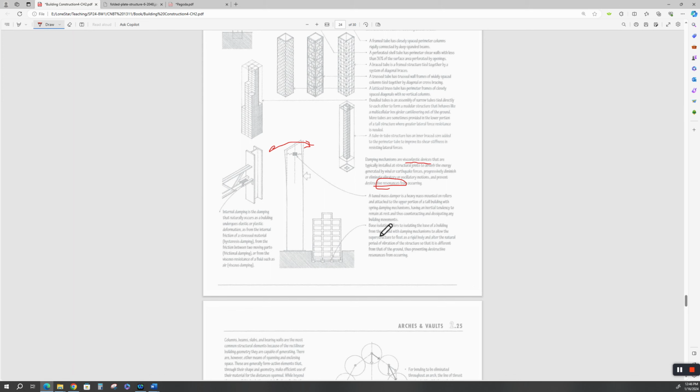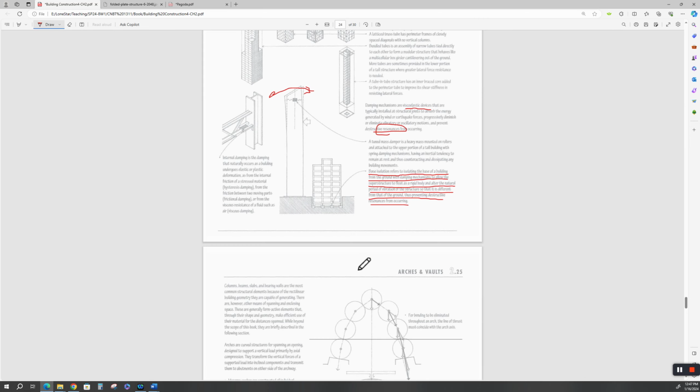Okay. There's also base isolation. Now this gets really freaky. Refers to isolating the base of a building from the ground with dampening mechanisms to allow the superstructure to float as a rigid body and alter the natural period of vibration of the structure so that it's different from that of the ground, thus preventing destructive resonances from occurring. So theoretically, what happens, and they use some of these kind of foundations, if I'm not mistaken, on the World Trade Center because they were so tall and the foundations were so deep to go to that bedrock,